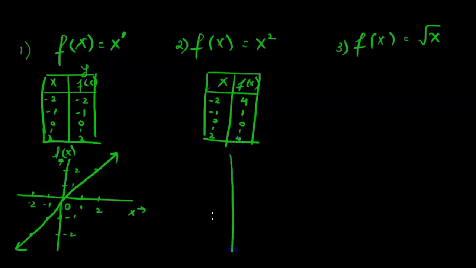Let's use these points and make a graph. This is how the grid looks. At -2 we have a 4, at -1 we have a 1, 0 is 0, 1 is 1, 2 is 4. Again, we connect the points passing through the origin and we see that the graph looks like a parabola. You've made all these graphs in previous grades as well, so you're very familiar with the linear and the quadratic graphs. Let's make a graph of the square root function.